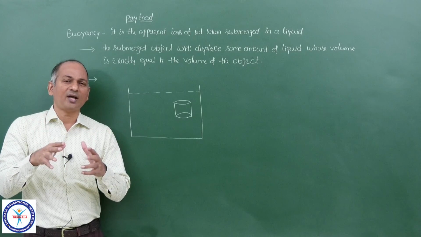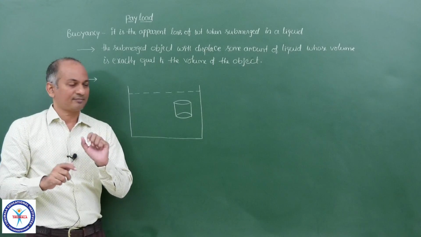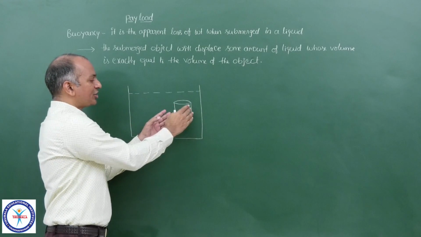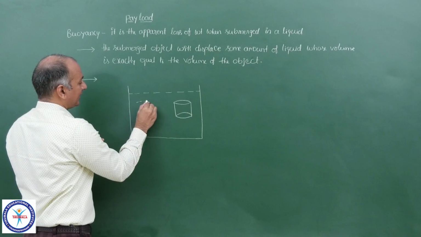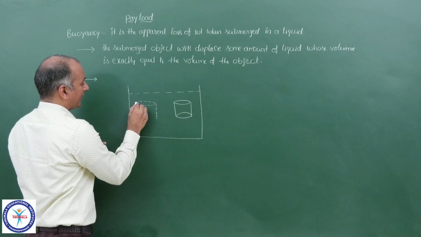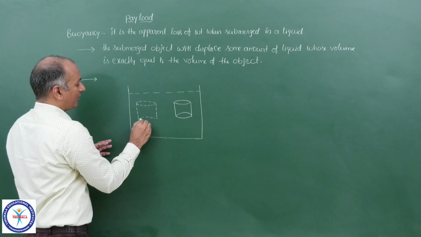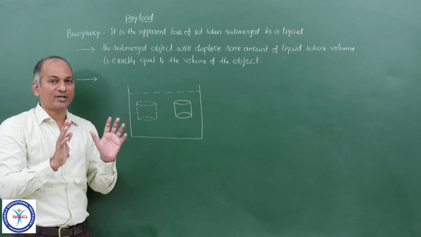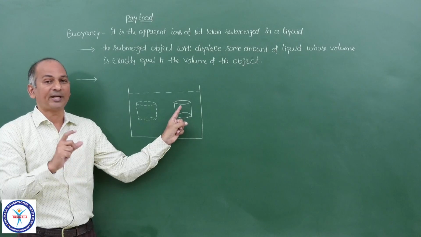containing some other liquid, or metallic can containing some gas, that is up to you. But that particular object is submerged. Now what you do, you imagine a similar shaped water here. That means a cylindrical shaped sample of water here. Same height, same area of cross section, so same volume. Now, this particular imaginary sample of water has same volume as that of this actual object, the metallic can.